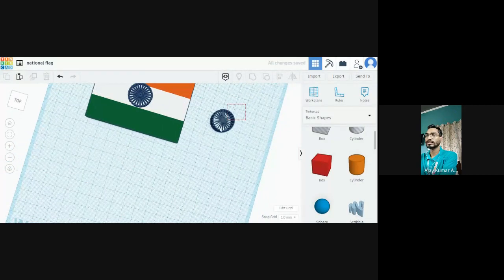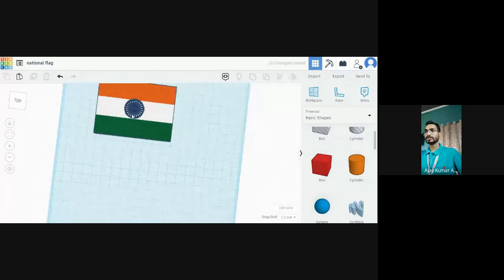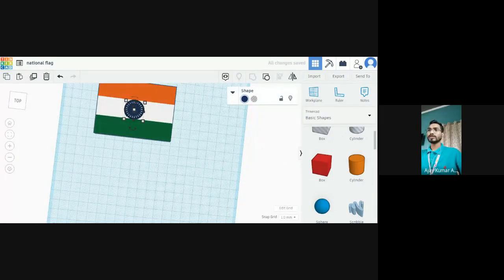So just make the figure. I want to delete this. So the figure will be like this. You can adjust it. Also, you can change the dimensions after making a solidified figure. You can change its dimensions here. Let me change to 19.5 here, 19.5, and 19.5 from here, so that it will be good to see. So the figure will be like this.